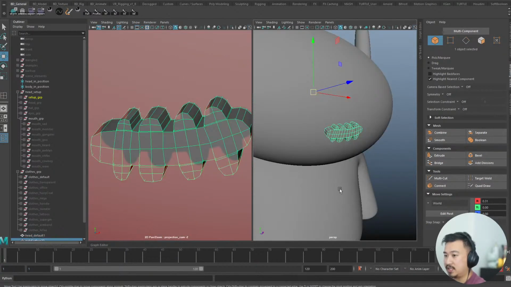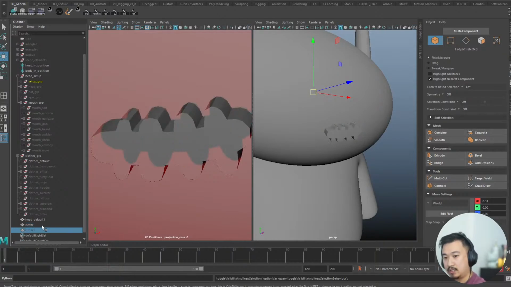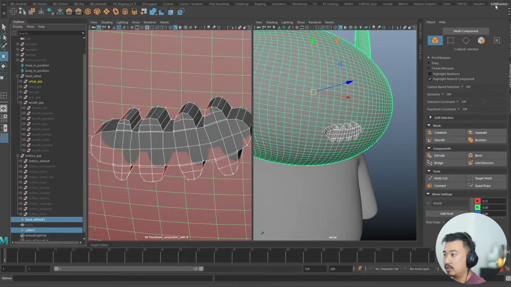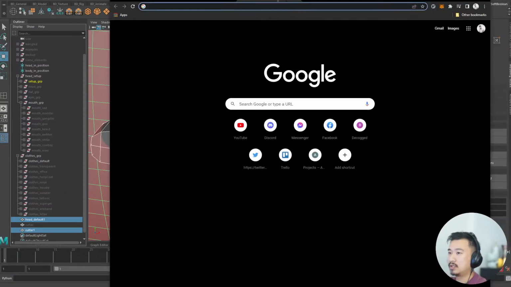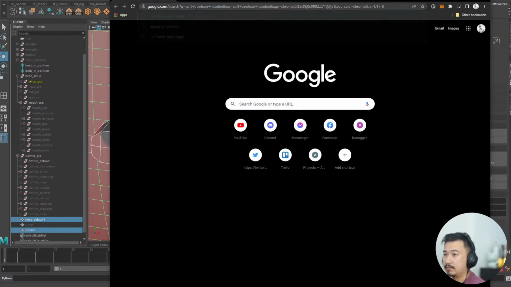So actually, I'm going to test this out. So this becomes our cutter object. So I'll just name this cutter. I'm not sure what this particular mouth trait is actually called, but we can look it up later. So what I'll do is I'll take this and I'll reuse this head, and I'll try to use this soft boolean plugin, and I think it's a plugin you can get online. So let's see if I can open a web page to it, because yeah, soft boolean Houdini,